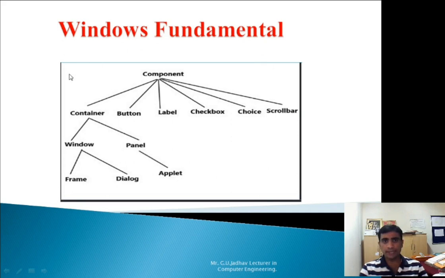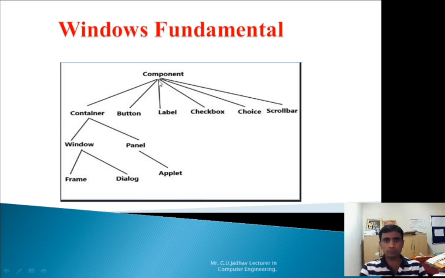So this is the hierarchy of AWT classes. This diagram has shown a limited number of classes in the hierarchy, but we can observe a number of classes in the parent class of Component. Many classes are available, but for understanding purposes I have shown limited classes here.